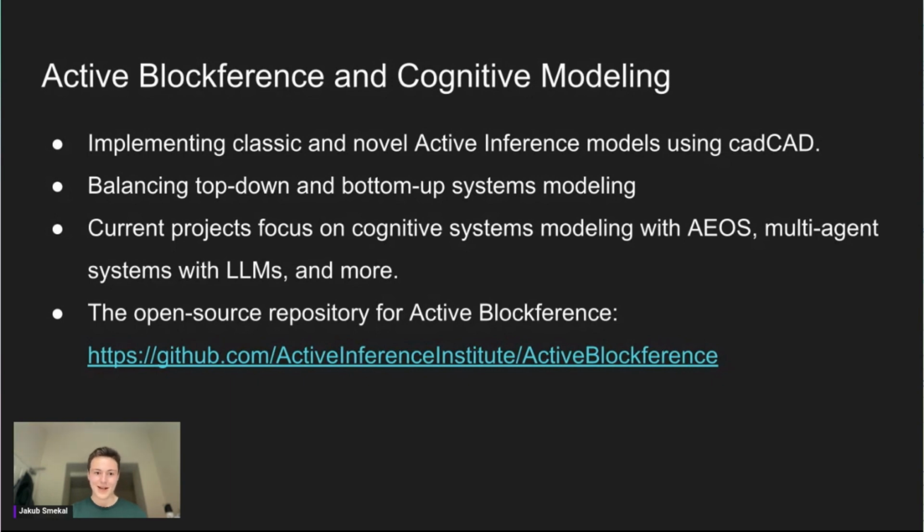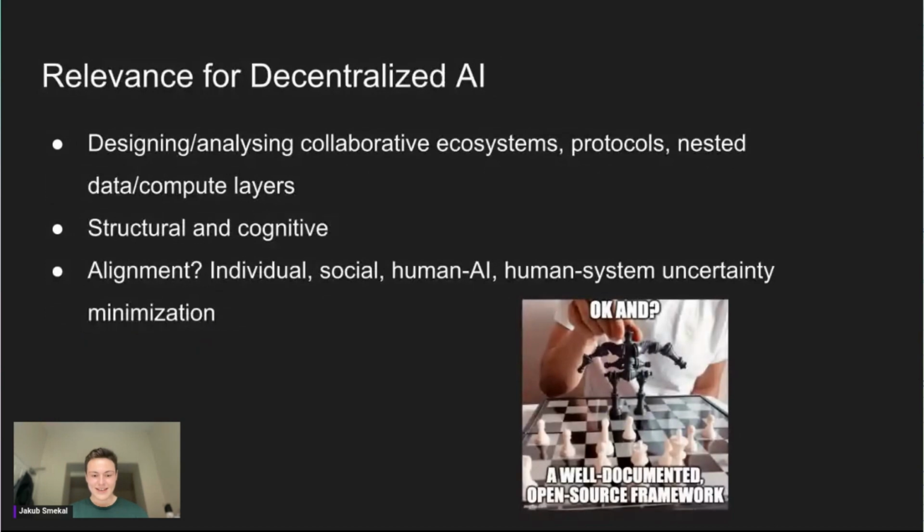This might sound a little abstract, but I think it's quite relevant for decentralized AI, and mainly for two different reasons. One of them is we want to create different communities and protocols for both co-owning or creating AI models or interacting with AI models, and that's already a quite large state space. So it would definitely be about AI alignment,